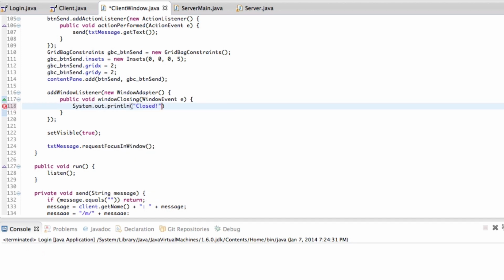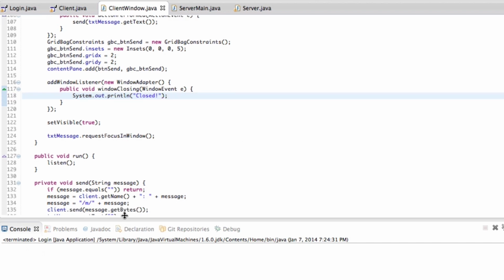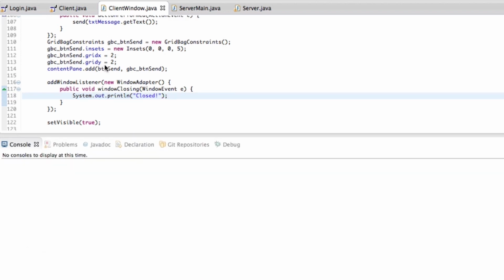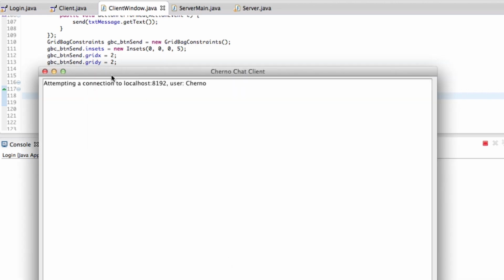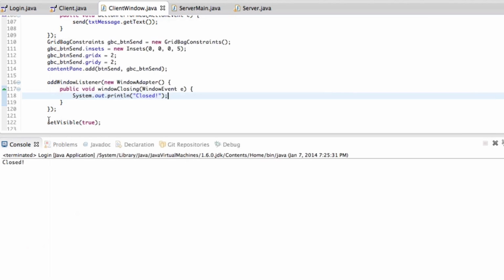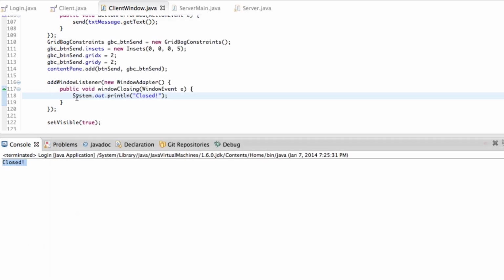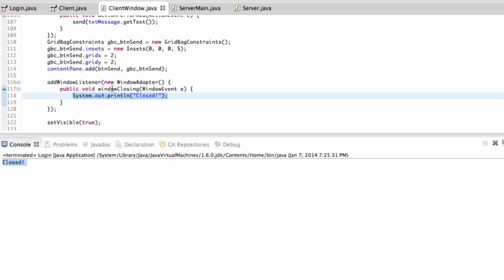System.out.println("closed"), right? If we just run this real quick, what you'll see is that whenever we press that close button, it will actually appear here. So let's log in here real quick. Nothing special. And then if I press the close button, you'll see in the console it says closed. So in other words, any code that's inside this windowClosing method will run if we close the